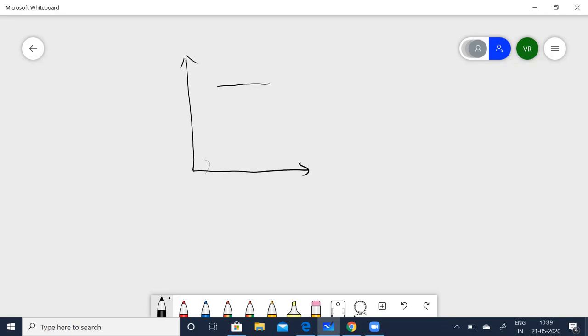So this is A to C. Let me not touch it. It's understood it is a closed cycle. So this is A, this is B, and this is C. Right. So C to A, and then B to C. Now, this is volume, we took this as volume and this is pressure.